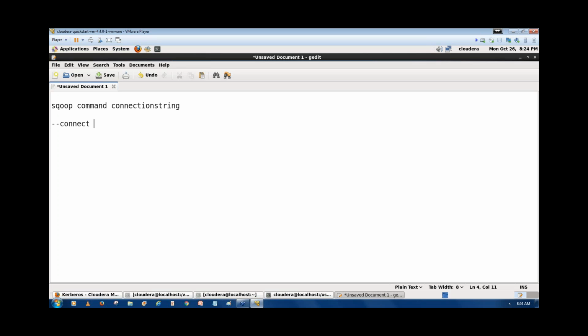Just follow the same syntax, whether you're working in your office or in a quickstart VM. It's the same kind of syntax. Where the difference comes, I'll show you. Write the connection string, and when you're connecting, by default Sqoop uses a JDBC communication method